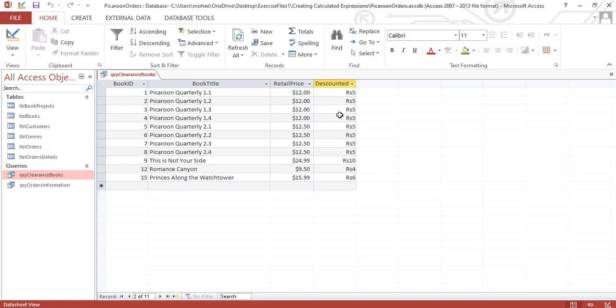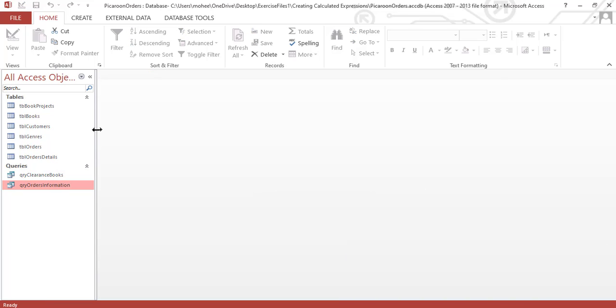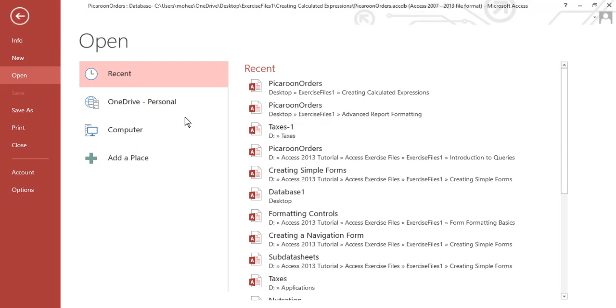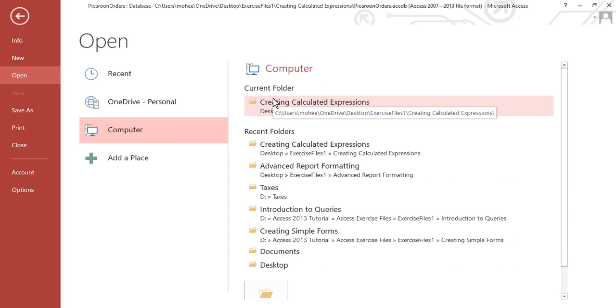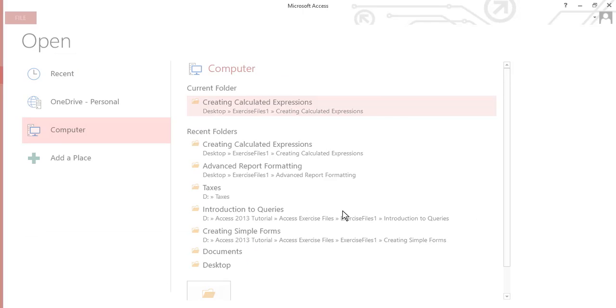First we learned to write an expression directly in the query builder, and then in the second method we learned how to make an expression in the expression builder. By saying this, we are slowly and gradually moving to the step where we will be inserting an expression in a calculated field in the form of Microsoft Access, and we'll also be adding an expression in the report of Microsoft Access.